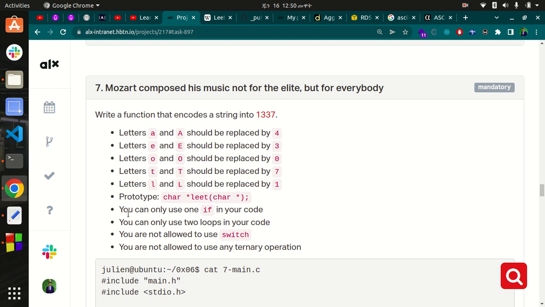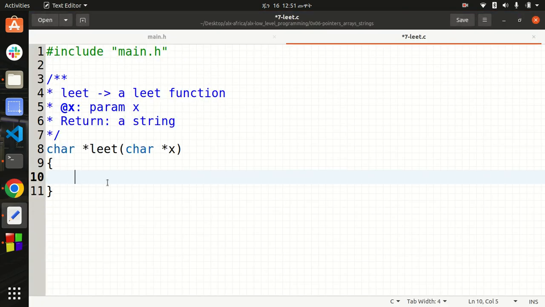You can only use 2 loops in your code, so I'm going to use 2 loops. You are not allowed to use a switch, you are not allowed to use any ternary operator. So these are the restrictions, and I'm going to go here and do int a first equals to 0,